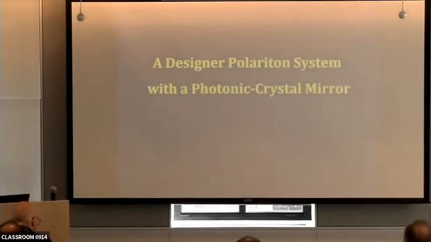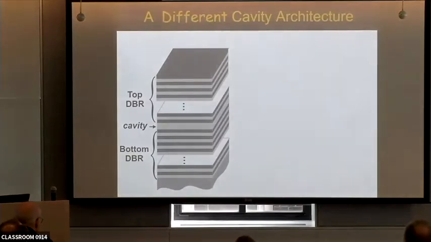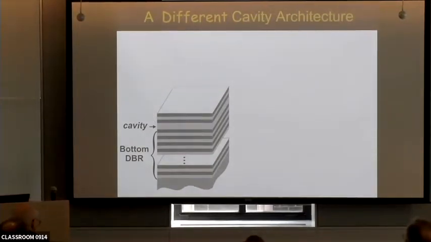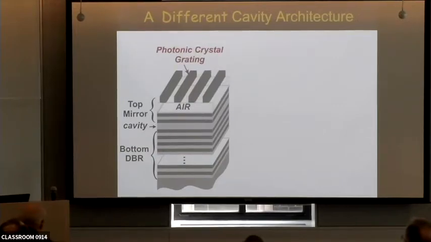So how do we control the properties of the polaritons? Conventional cavities are made of planar DBRs. They are robust and very nice to work with, but they're also very stubborn against any modifications. That motivated us to change it drastically by getting rid of the top DBR and replacing it with a photonic crystal. The simplest type is just a 1D grating. I should mention that the whole thing is still epitaxially grown, as far as the gallium arsenide materials go. The top layer is actually aluminum gallium arsenide, the same as one of the layers in the bottom DBR, so there's no metal loss and no additional loss from deposition.